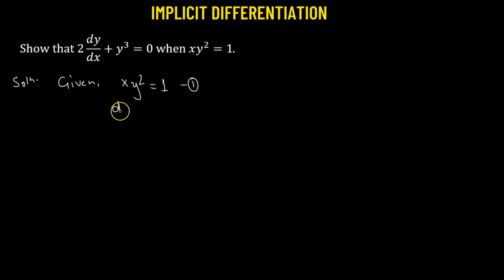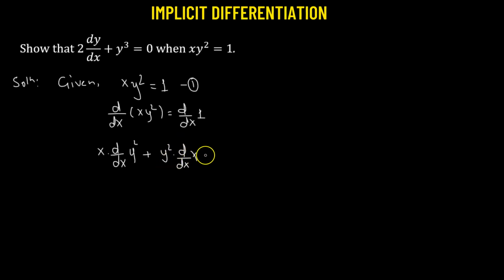We are going to take the derivative on both sides with respect to x. So we have the derivative with respect to x of xy squared, which equals the derivative with respect to x of 1. To find the derivative of xy squared, we will have to use the product rule. So here we will have x multiplied by the derivative with respect to x of y squared, plus y squared times the derivative with respect to x of x, which equals the derivative of 1 with respect to x,